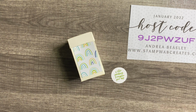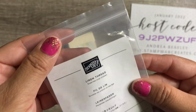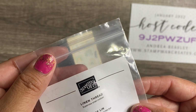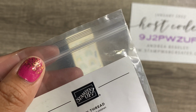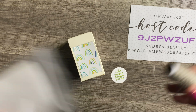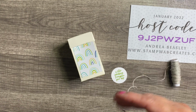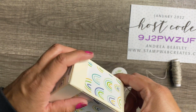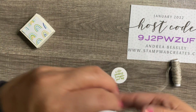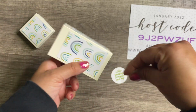All I'm going to do is take some of our, this is linen thread. Love this stuff. You get a ton of it. I'm trying to look and see exactly how much you get. I don't recall. I have to check the catalog, but you get a lot. Trust me. I've used this for a lot of projects. It goes a long way. So let me see where the front of my box is. Right here. So all I'm going to do